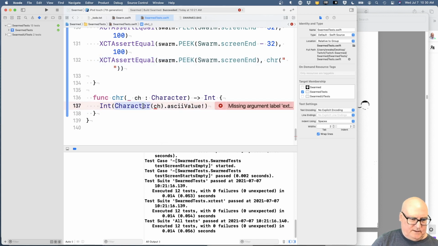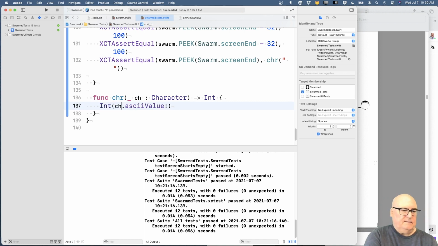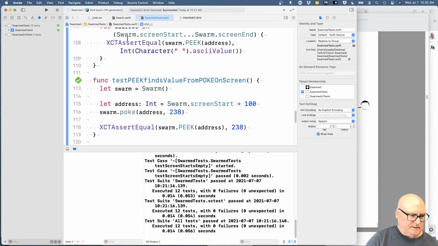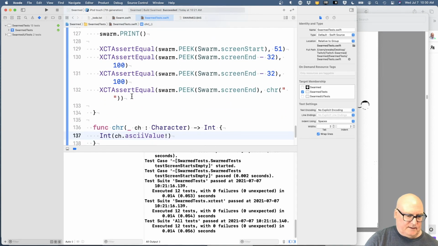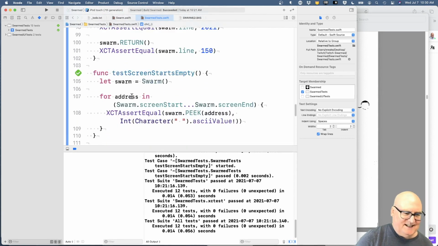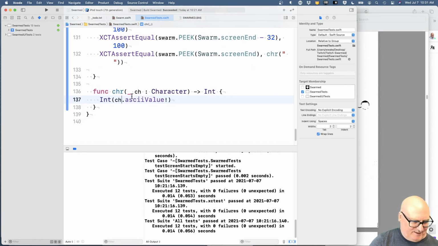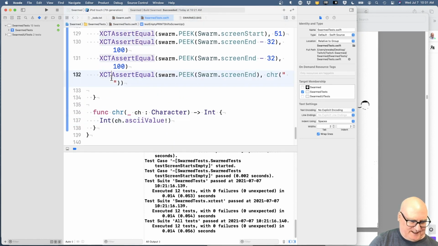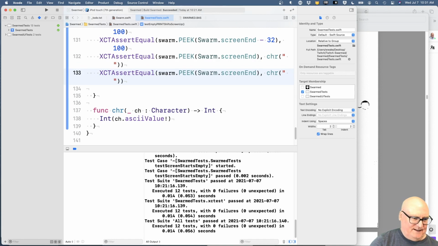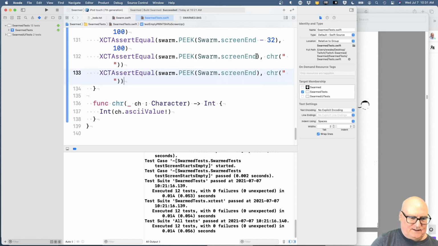I guess this is already a character. Okay, and let's try. Okay. I'm mixing testing and refactoring, and I'm messing myself up. Not a good sign. Okay, and then the last place is screen end